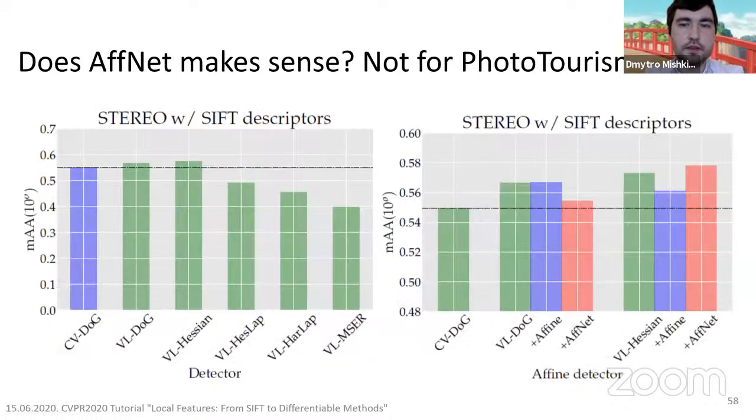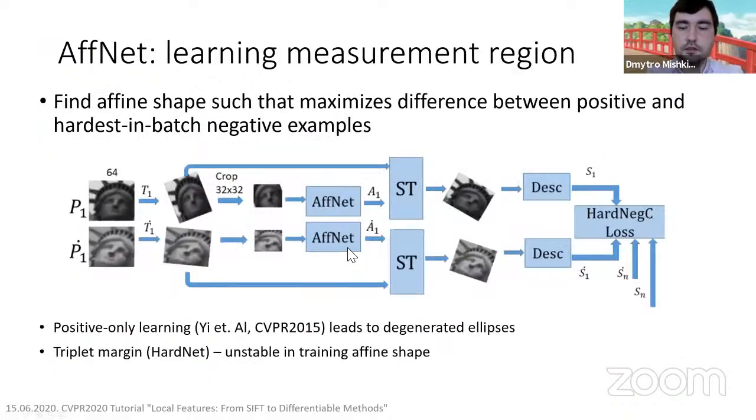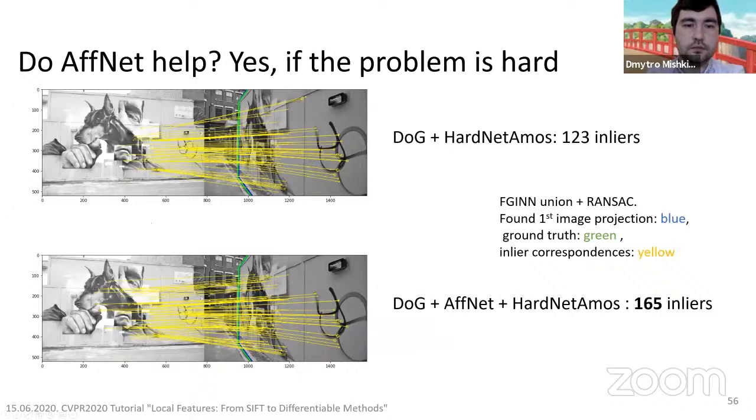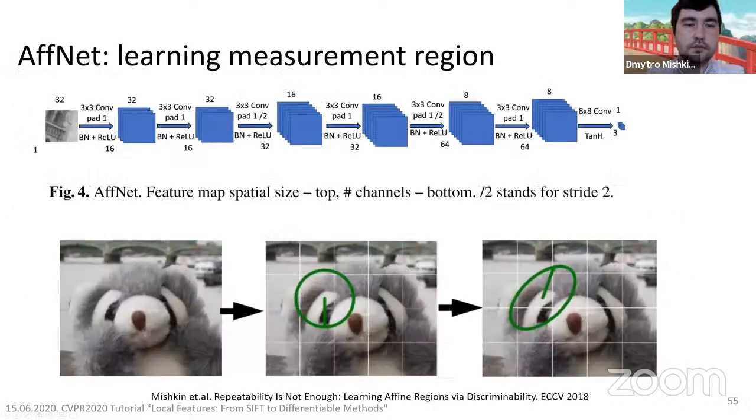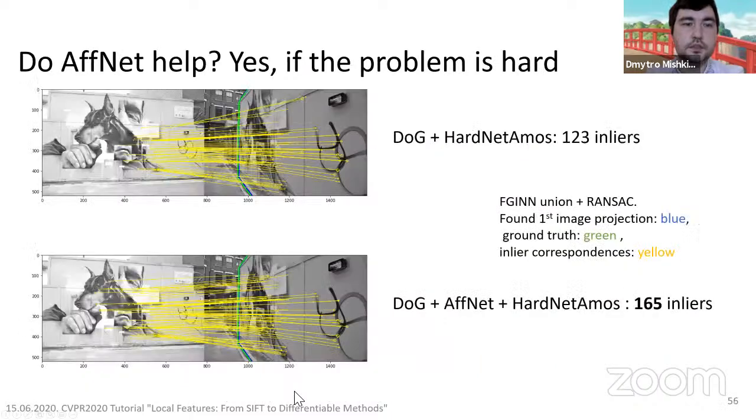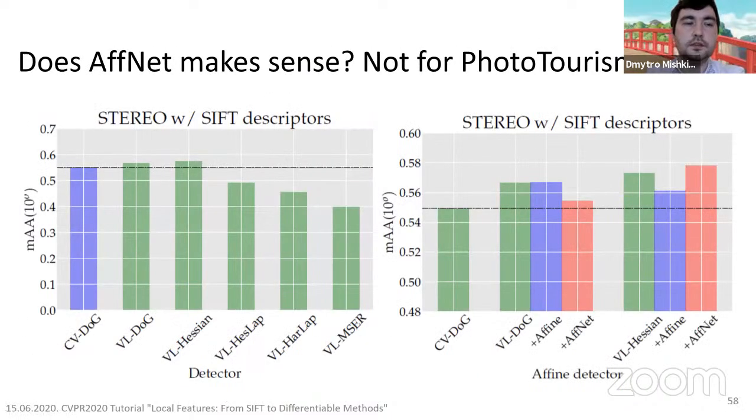This is how it trained. I think I'll skip that. If you're interested, just check this paper. Repeatability is not enough, and then just check it. And does it make sense for the phototourism data? It turns out that not really, because okay, here is